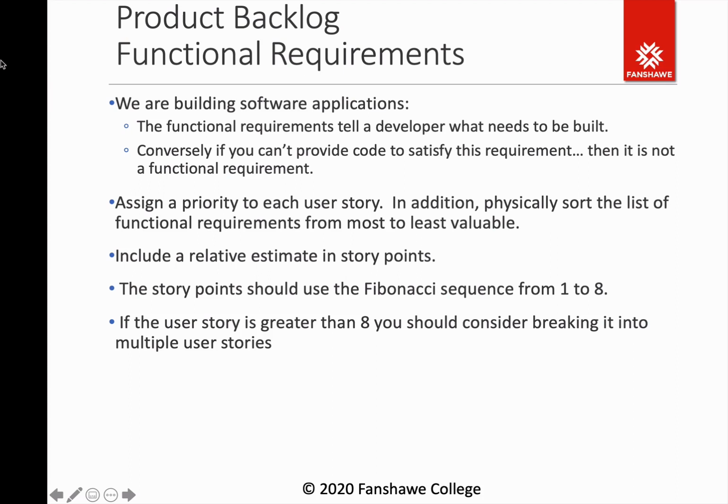So what you might do is break it down into 2 or 3 functional requirements. The first one being I want to be able to pay for my library fines using cash or debit cards. The second one is that I want to expand the payment processing to include credit cards. And the third requirement is I want to be able to pay for my fines using Bitcoin or some type